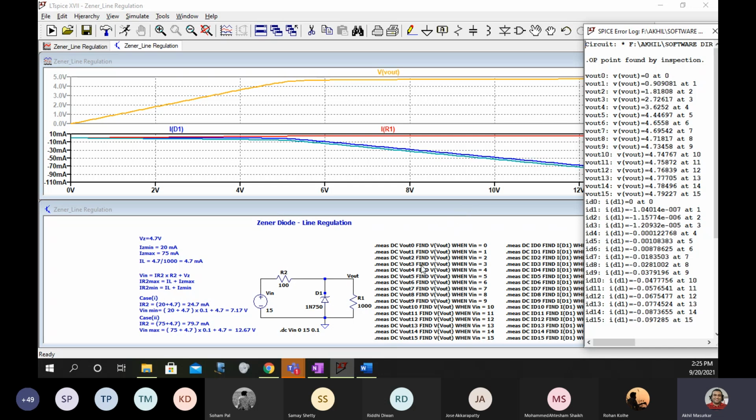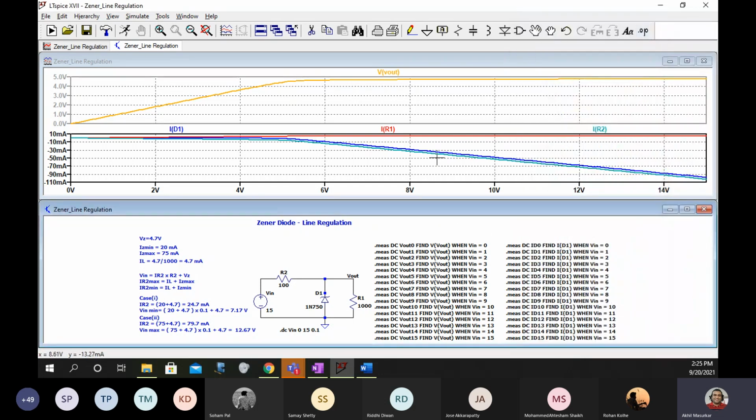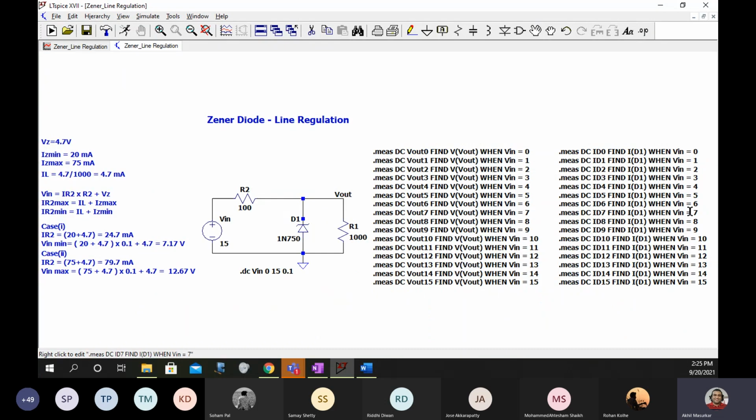Are you able to see the dot measure commands, or should I expand the screen? Are you able to see now? Can somebody confirm? Yes, sir. Okay, good.